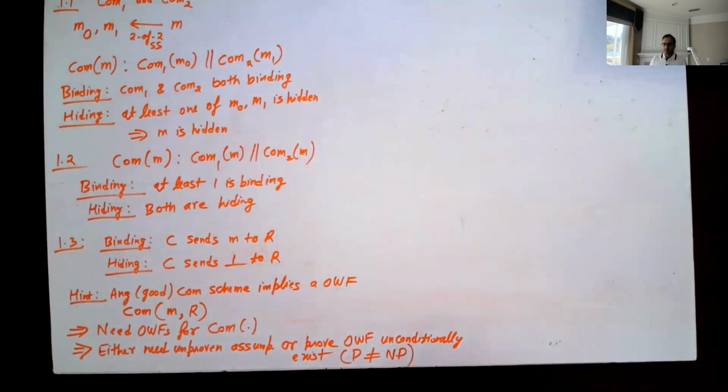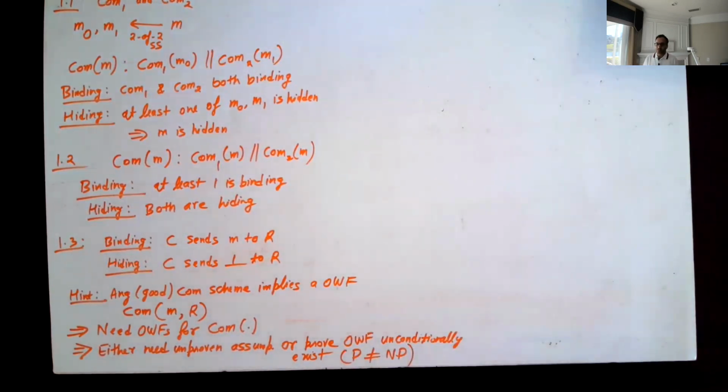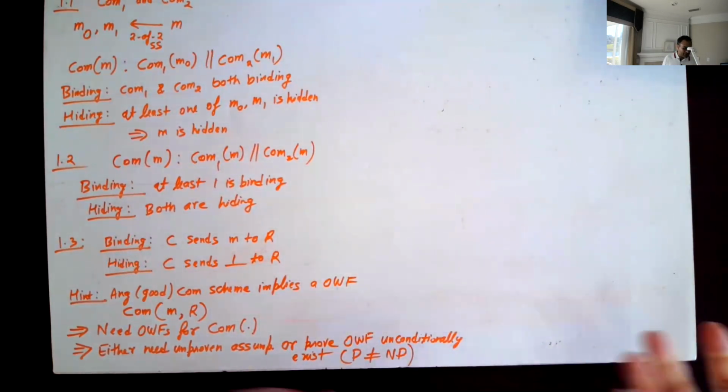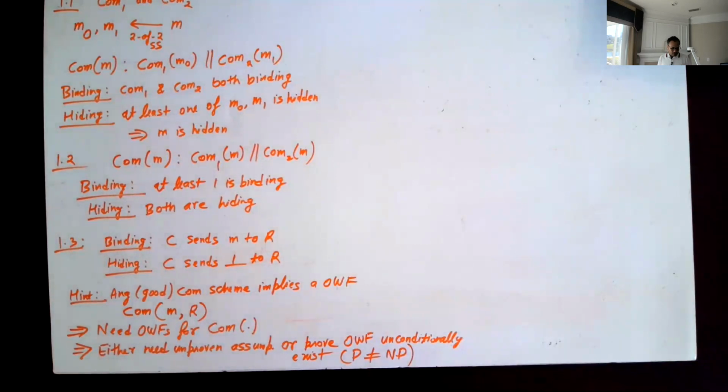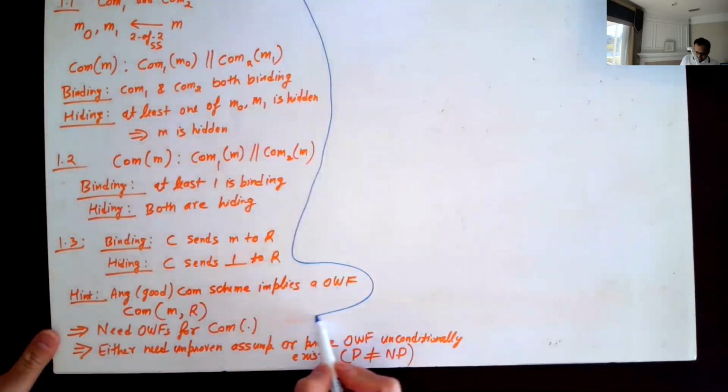commitment schemes. And I can make the same statement about encryption, digital signatures, almost everything that we saw in the class, maybe with the possible exception of one-time pad and secret sharing. Almost everything else required unproven cryptography, one-way functions at the very least.